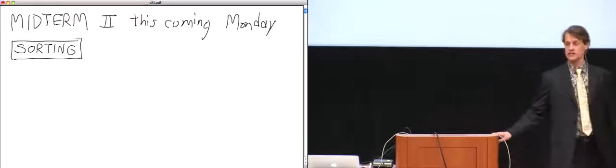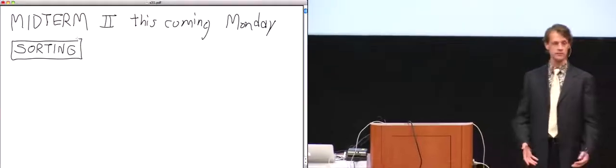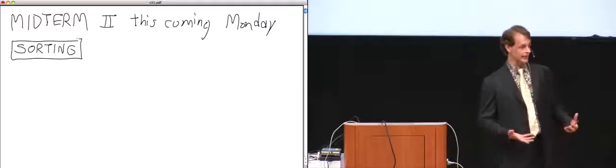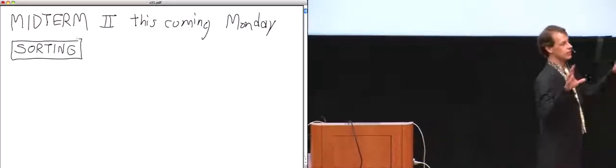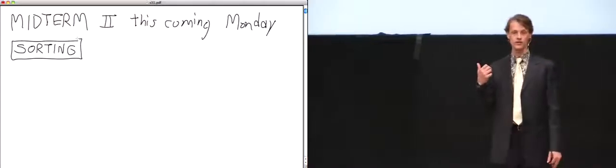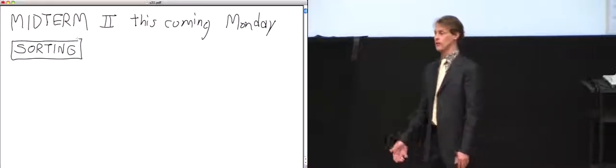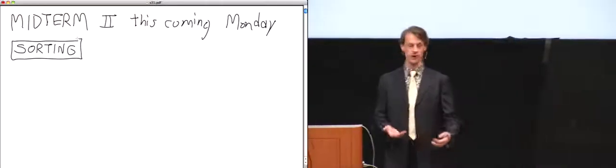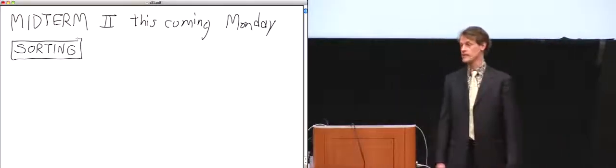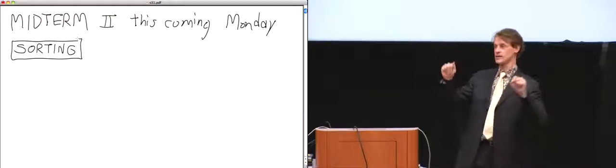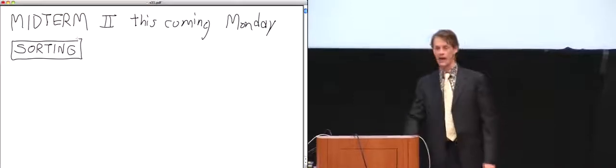Sorting is a pretty interesting field of study because it's one of the first places in computer science where you have a basic, fundamental, really important problem that has a huge number of algorithms for solving it. I'm sure there are more than 100 sorting algorithms in the literature, or maybe tens of thousands, depending on how much you break them down before you call them the same algorithm. In this class, we're going to learn 8 different sorting algorithms. So we're going to be pretty busy with that for a while.